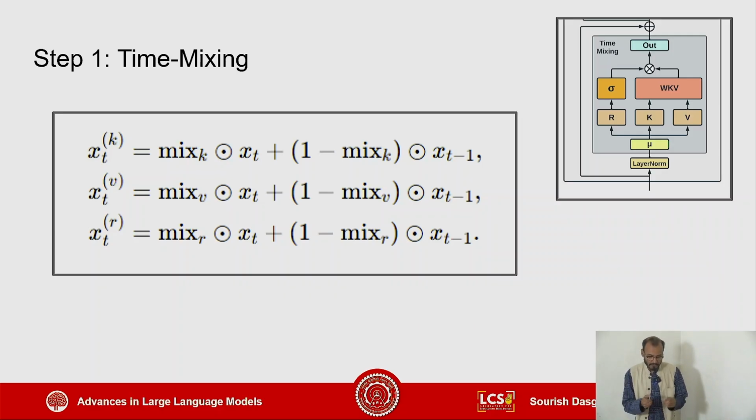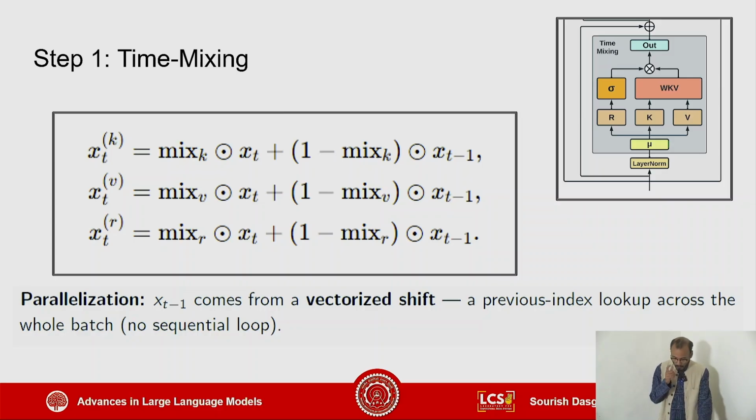And then we have this third thing called receptance, and we'll come to that later, but for now just know that there is a third entity, or a third avatar, called receptance, and we will later on see why we need that, which is the R. Now, one important thing to understand over here, although it looks sequential, right, which means I first have to process xt minus 1 and then I have to process xt,